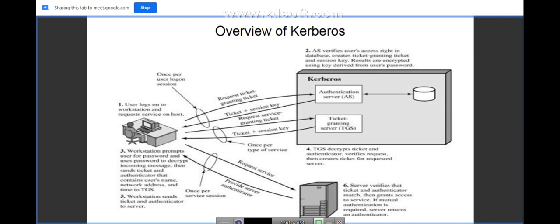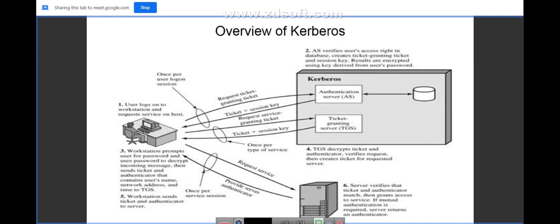Let us try to understand the transactions that happen between all three roles. There are 6 transactions in total, as you can see on the slide. The first two transactions are used once per login session, and the next two transactions between client and KDC happen once per type of service.